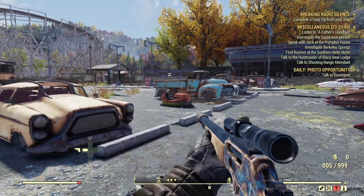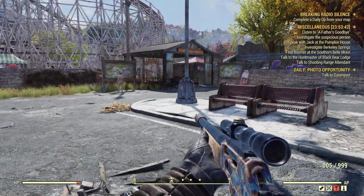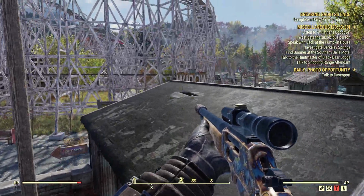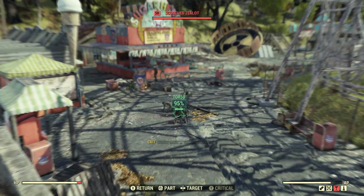I changed up my build a little bit from the Commando to the Rifleman, as you could probably tell. So I switched it up a little bit. It's because the Commando was really taking a toll on the old...